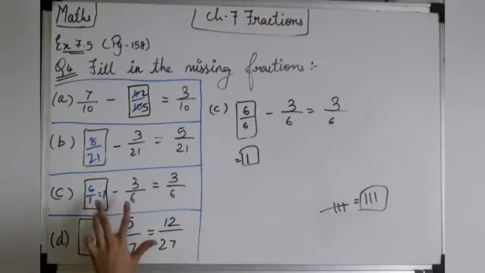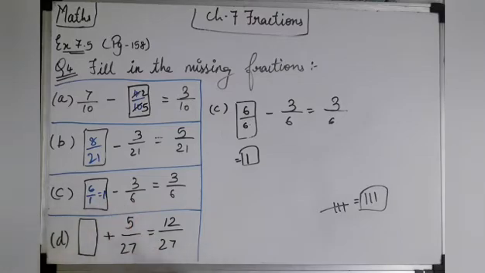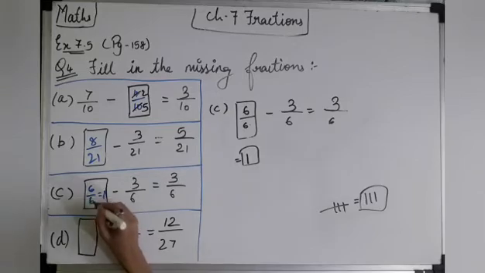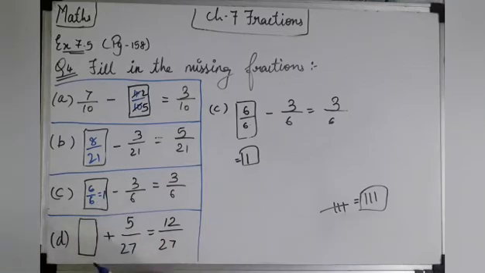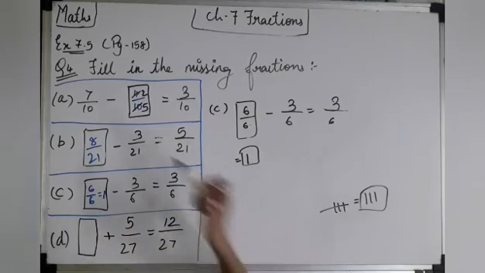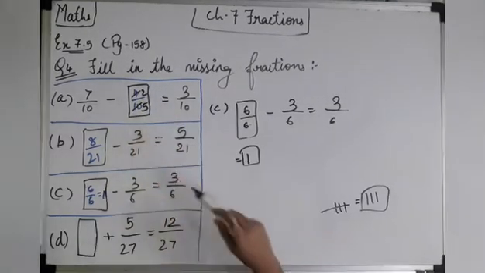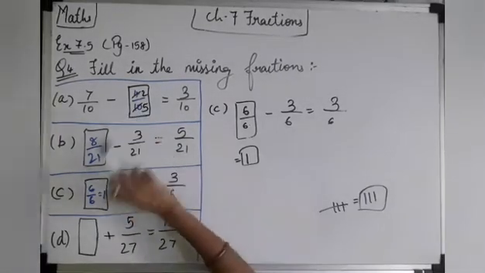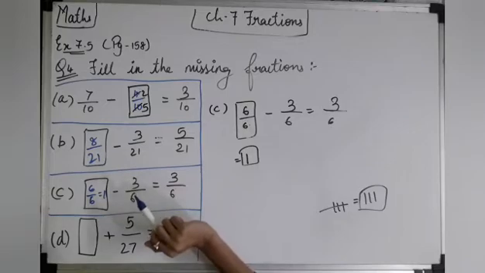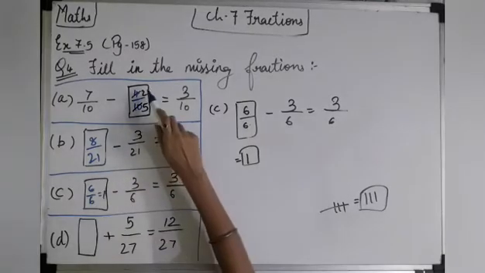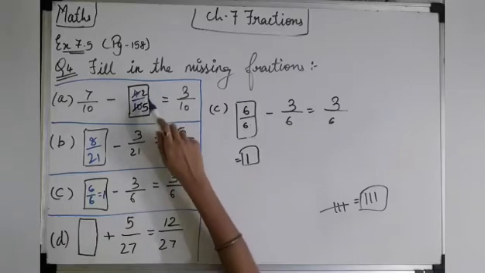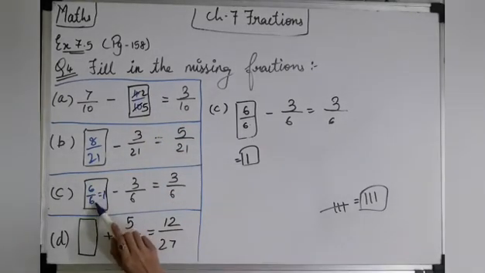But for solving the sum, the denominators should be equal. That's why 6 upon 6 will be easier to solve. See, 6 upon 6, denominators are the same. If you write 1, you have to convert this unlike fraction to the like fraction. Then you can solve it, right? Here also the same. If 2 upon 5 was written, we have to convert it into the like fraction, then only we can solve it, right? But both answers are the same. You can write 4 upon 10 or 2 upon 5. Here also either you can write 6 upon 6 or you can write 1. Both are equal.